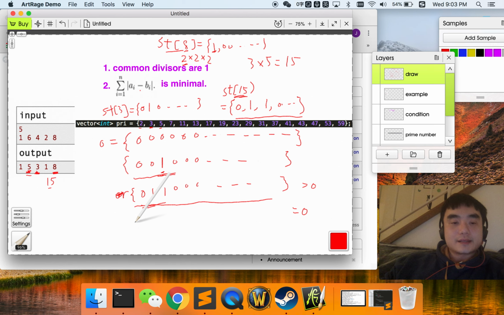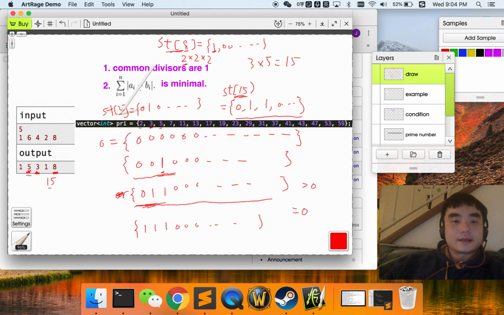And in this case, we just need to do an OR operator on current array and state 8. And we are going to get the new state of the array. And we can do the following again and again. So that's how we compress the state